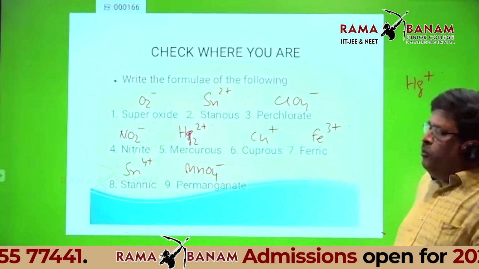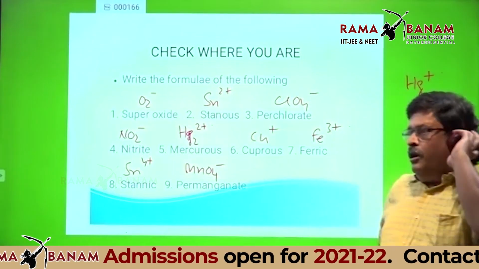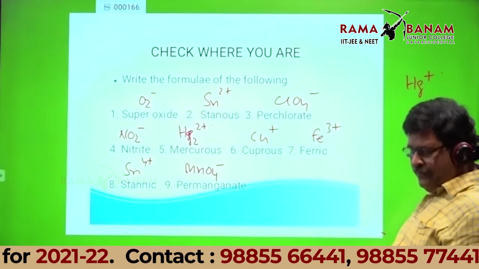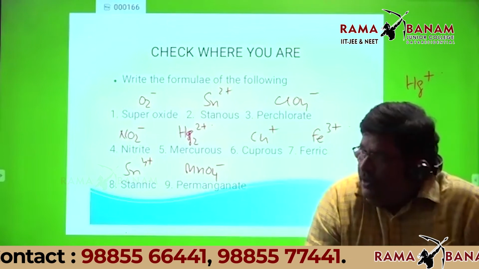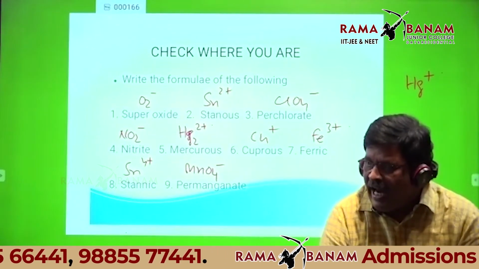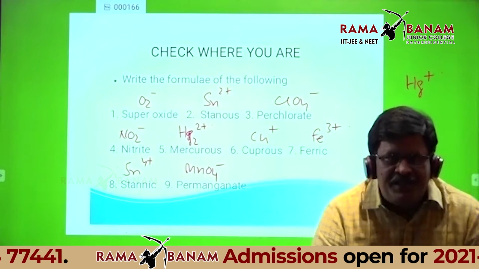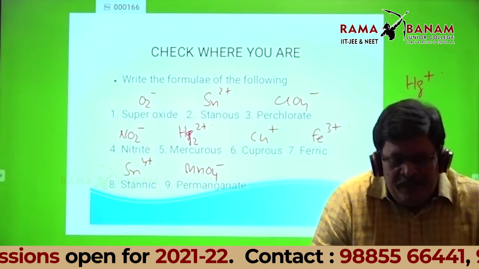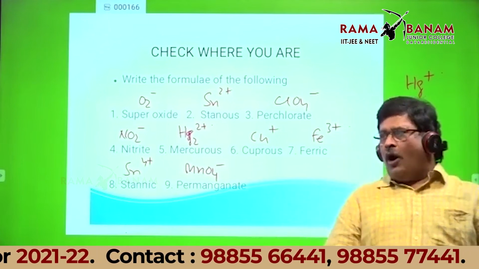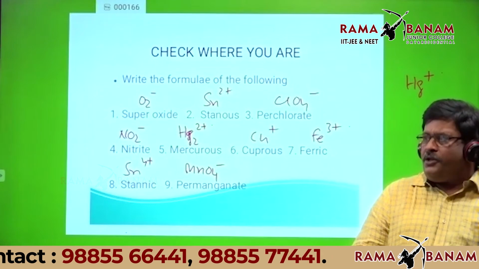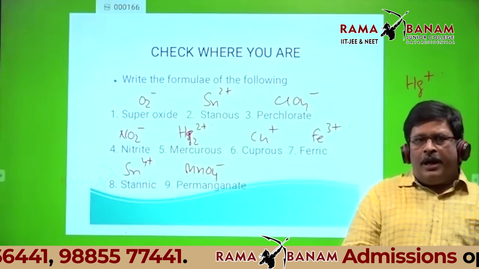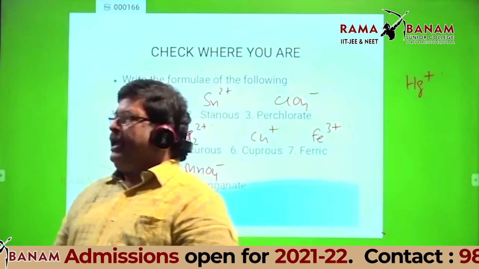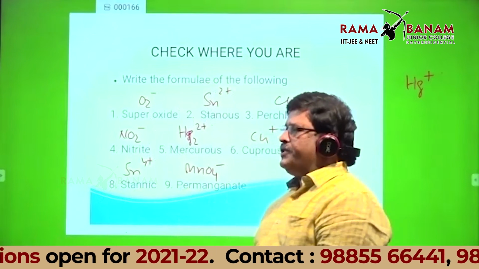I think only 2 ions which are not given in the notes, I gave on the board. That's stannous and stannic. Stannous is Sn2 plus and stannic is Sn4 plus. So I gave 9. I think you all attempted this. How many are wrong? You just see the wrong part. You circle that, and after the exam you go through the anions and cations one more time.